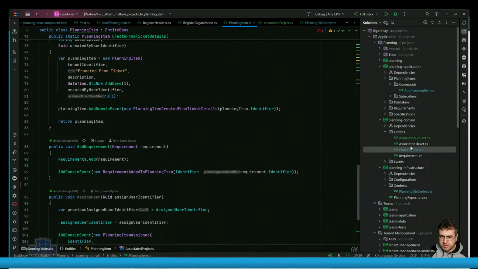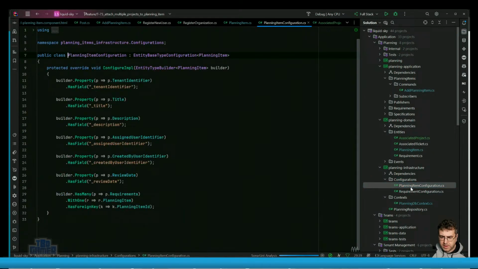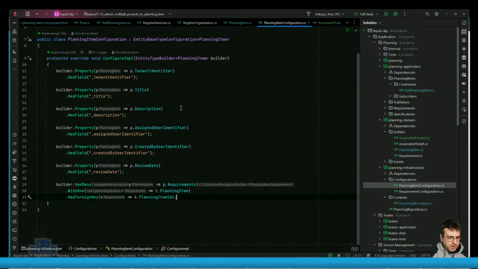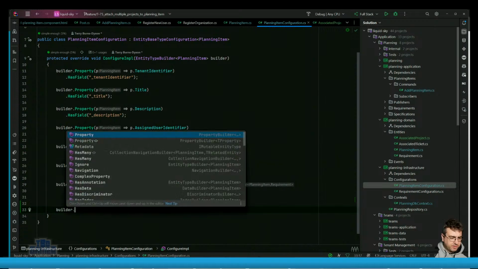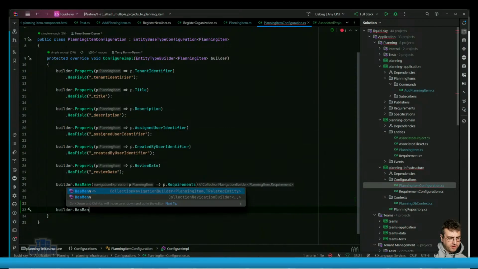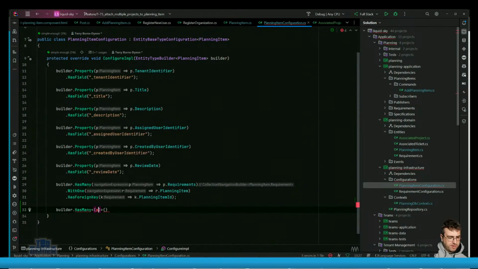And we're going to then, do we have configuration, planning item configuration? Here we go, yeah. So I'm just going to explicitly define that relationship, because there's no necessary